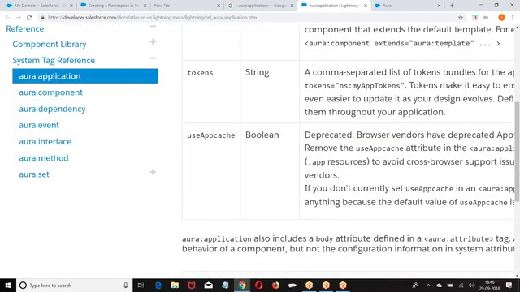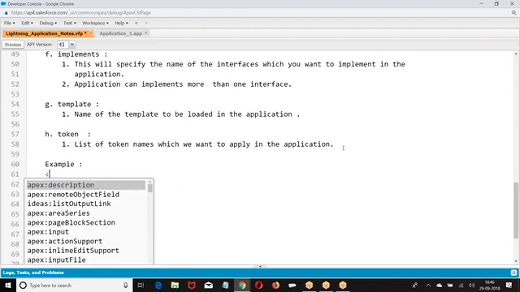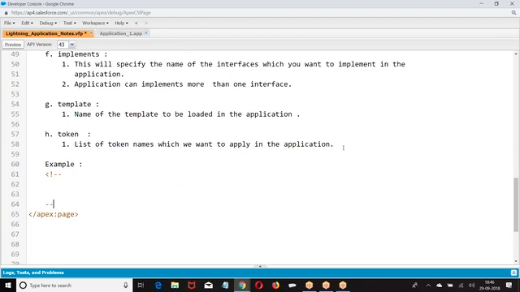What was that? Jira application. So how do you create this, boss? Example 1: Jira application.